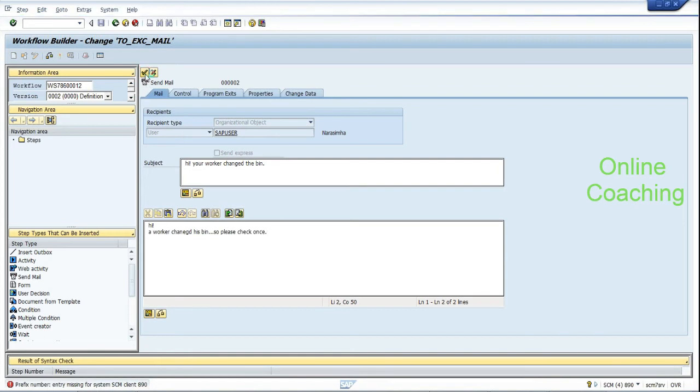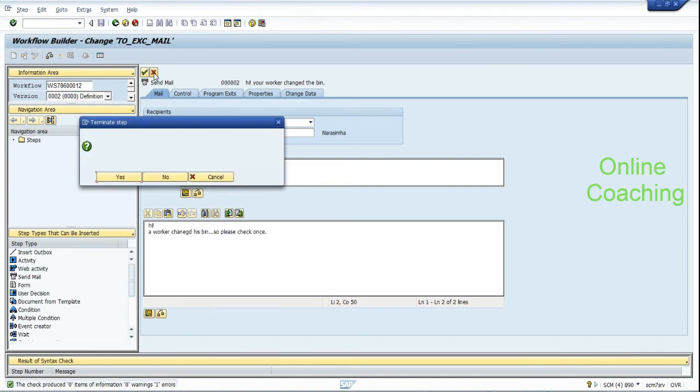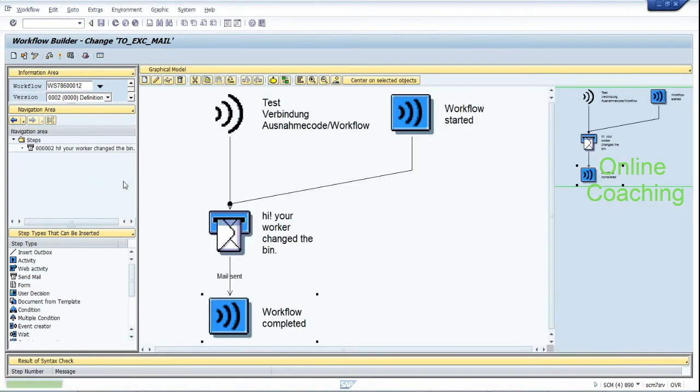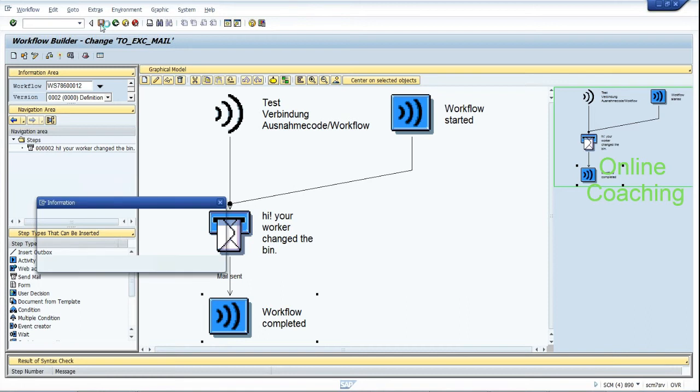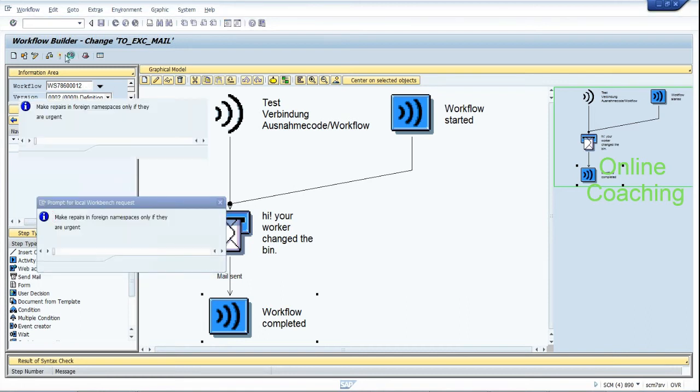Okay. So now, one minute. Okay, can you see here? Now we just, hi, your work item, your worker, change the bin. Now,